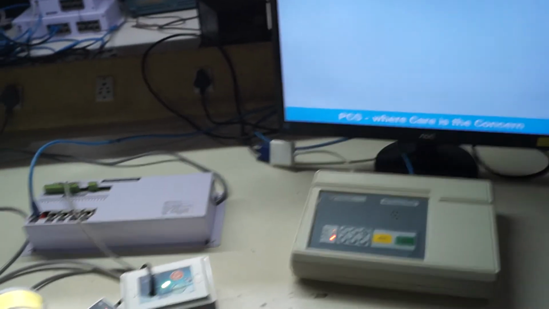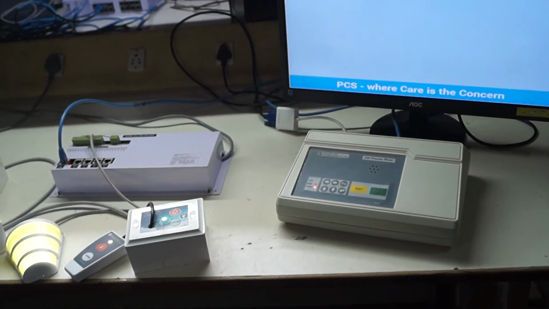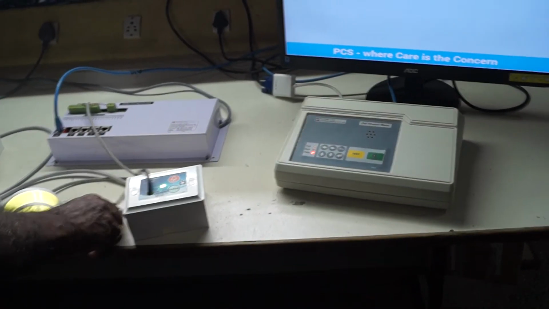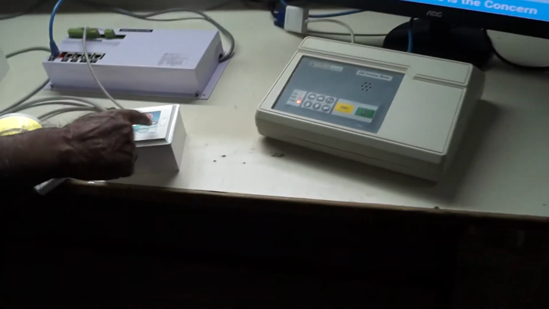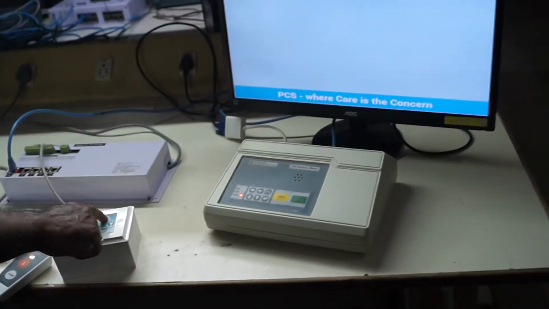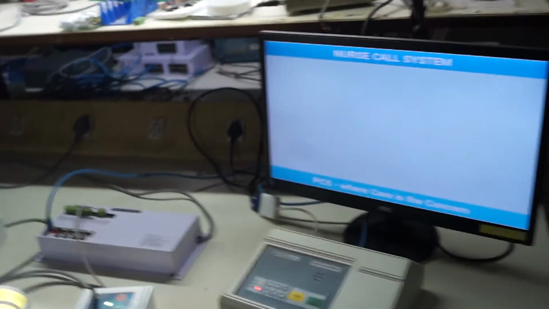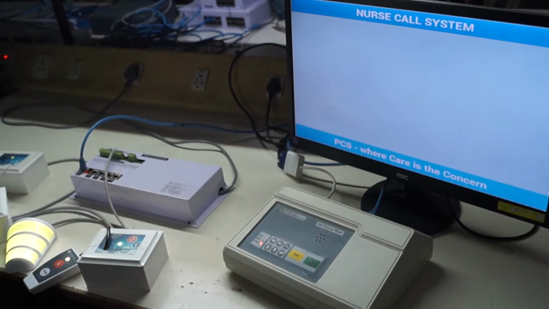Now the functionality can be explained in a simple way like this. The call can emerge from either the bed calling unit or from the POM switch. Just in case a call is triggered from the bed calling unit, which will be mounted on the bed head panel, or it can be wall mounted also.